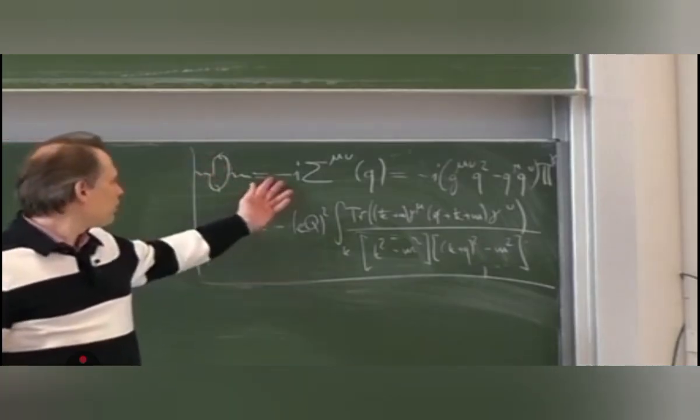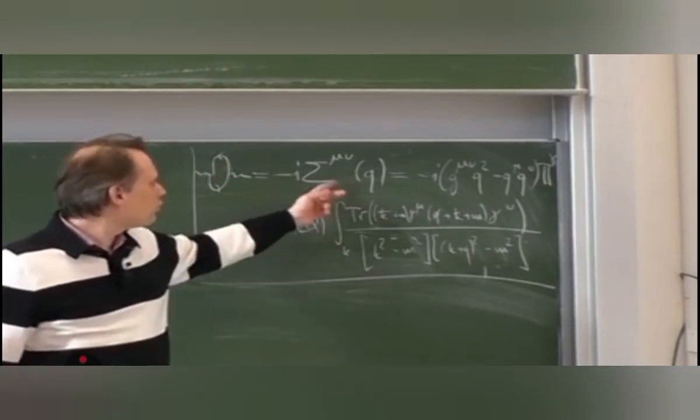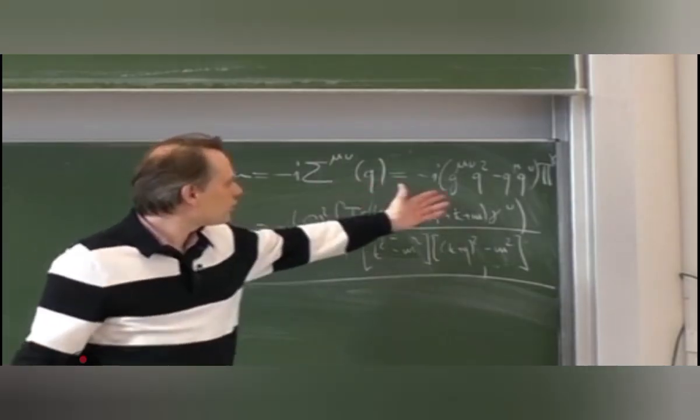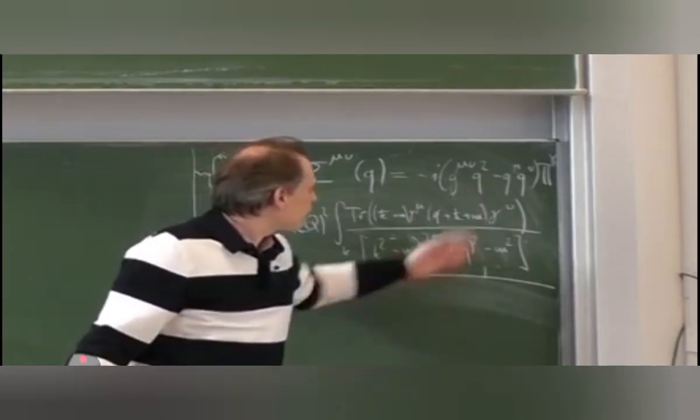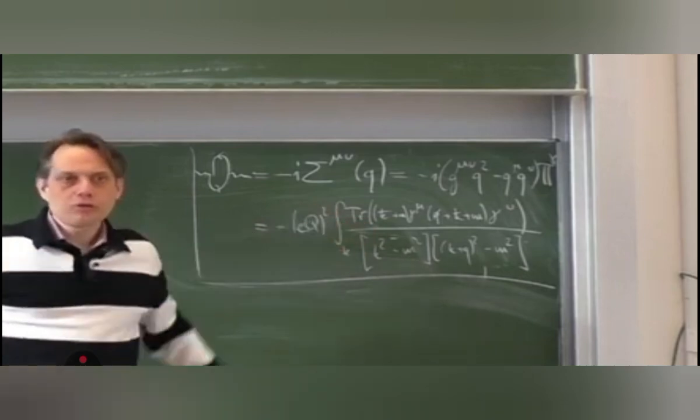And we gave it a name, minus i Sigma mu nu of q, and we analyzed the Ward identity so that we get such a prefactor here and can extract the vacuum polarization. And here are the Feynman rules that we got for this quantity, and today we want to compute this photon vacuum polarization